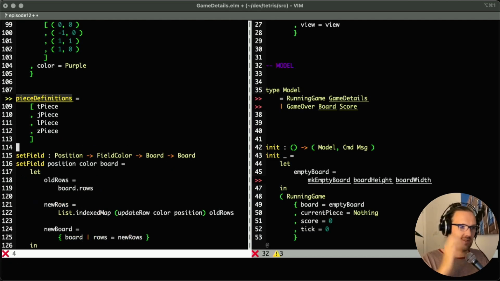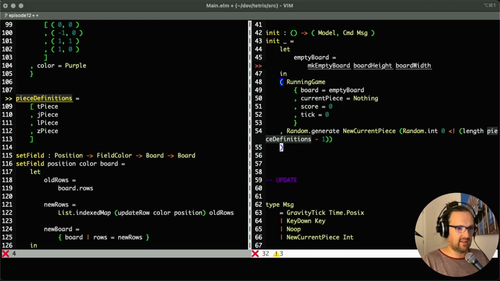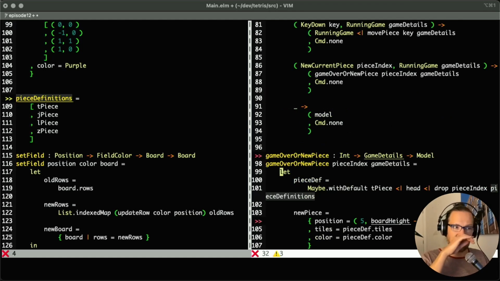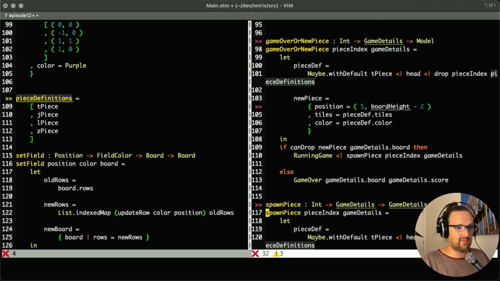No specific feelings about the order I'm pasting this in currently. So the update function is obviously not part of our game logic, so that's going to stay here. Then we have game over or new piece. That's a weird one because we have something with game details, but we return a model. So part of this refactoring might also involve splitting up functions and separating the application-specific part from the game-specific part. For now, I don't want to get into these details, so I'll just leave this function right here for now,